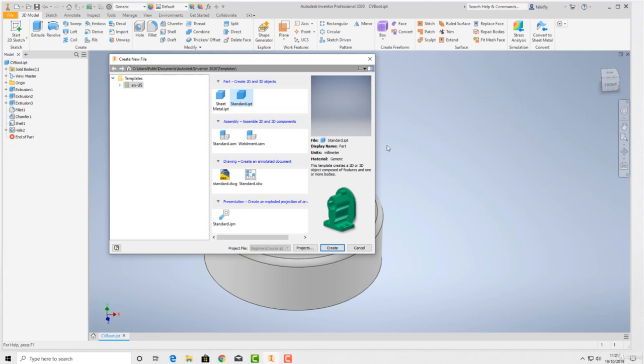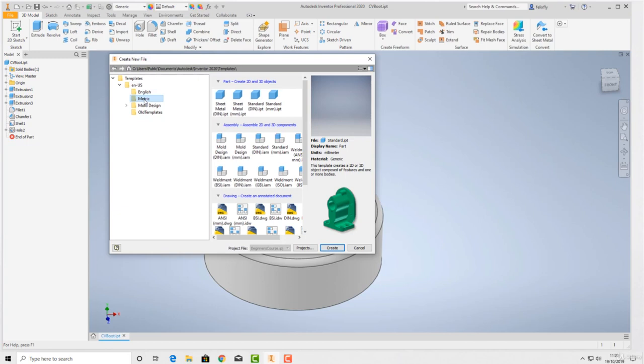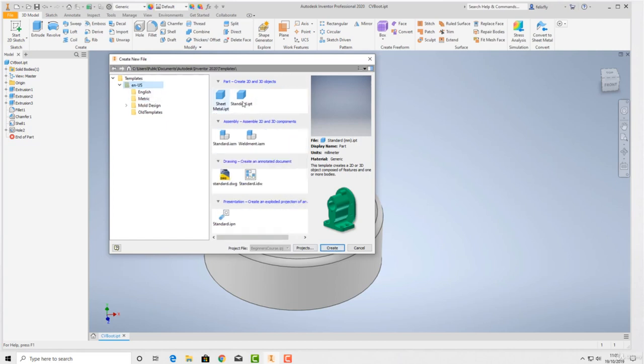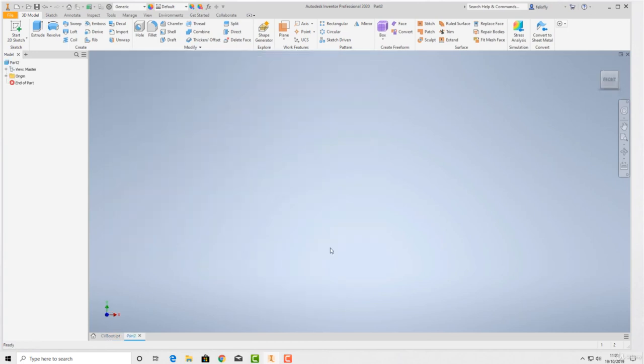And you want to make sure it's in millimeters. If it's in inches, then you can change your template here, and you might want to go to metric, and you can see it will say millimeters in brackets. Okay, there you go. So you want to click that one. Make sure it says standard millimeters. If it's already your default with millimeters, that's fine, and click create. Okay, so what we're going to do now,